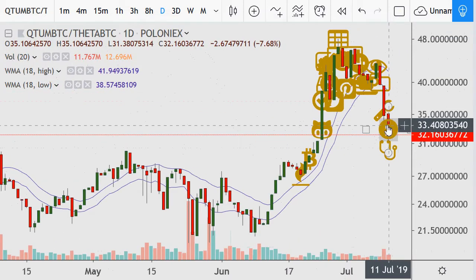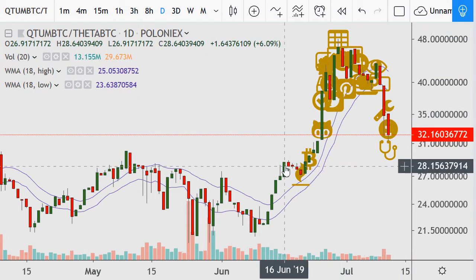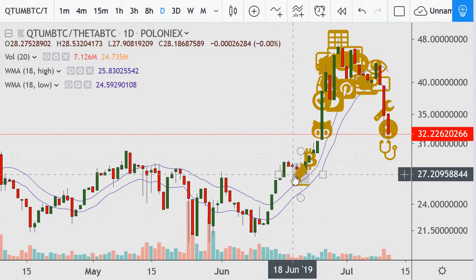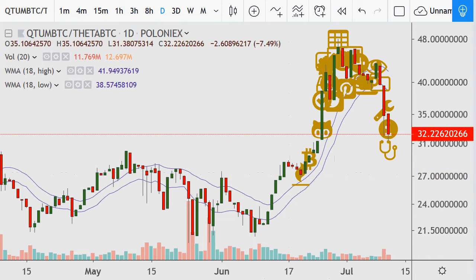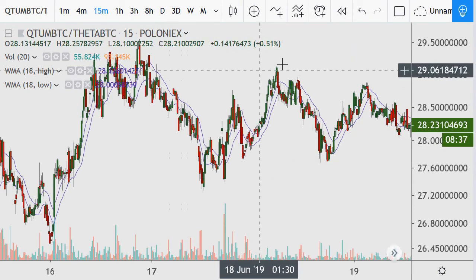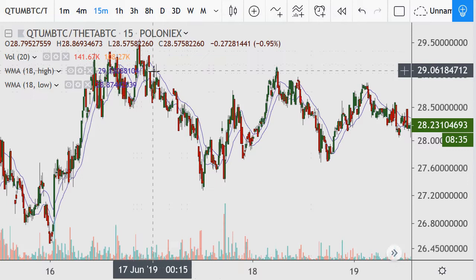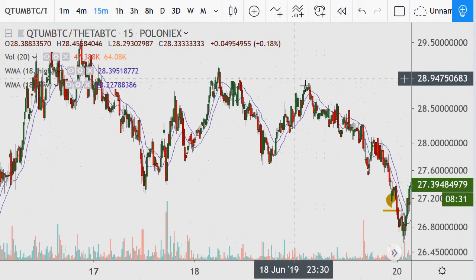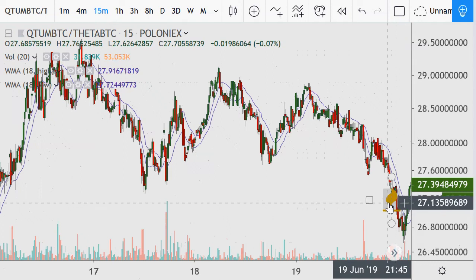Okay. Well, let's go back in here, because I started ratio trading it right around here, probably June 16th or 17th, at this high. Let's take a look at this on a 15-minute time frame going back then. At the time, I would have been somewhere up around here when the ratio was 29. And then on the 19th of June,